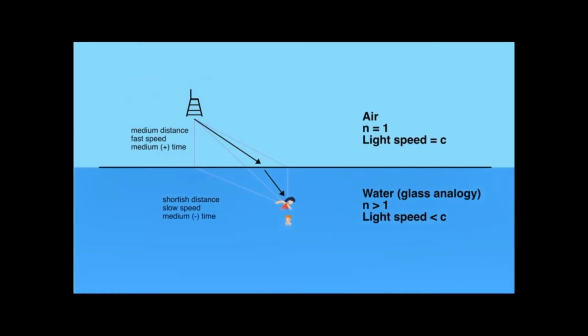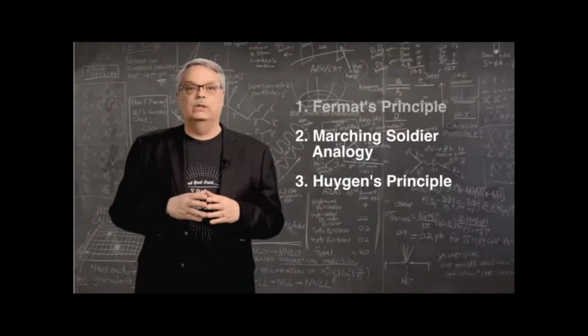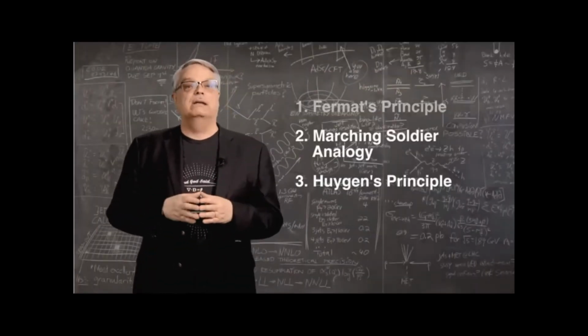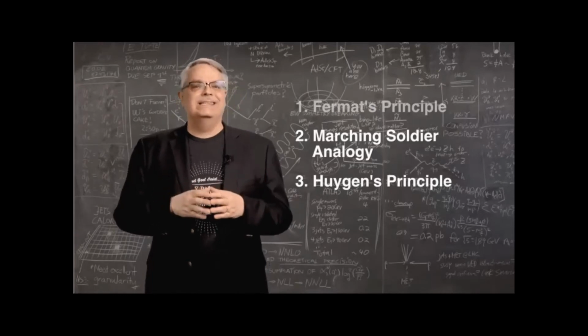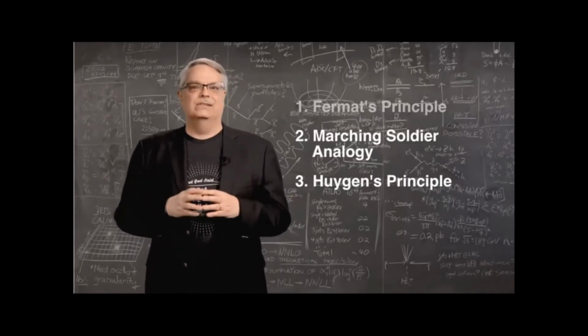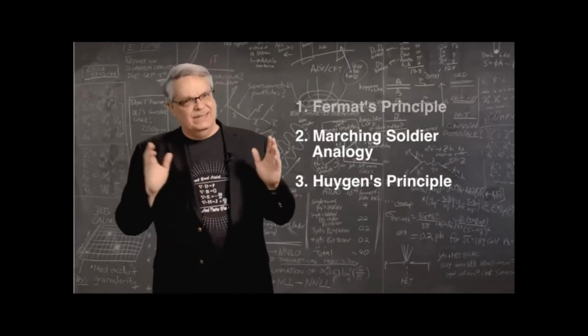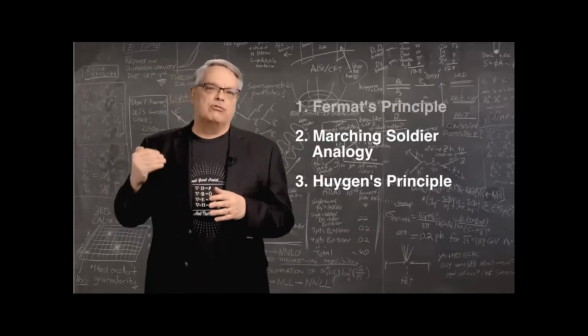You run a little longer than you would for the straightest path, but that means that you swim a little less and the total time is shortest. And that's exactly what light does. It follows the path of shortest time. But while that's true, it doesn't explain anything. It just says what it does, not why it does it. So that's not an explanation, and we need to come up with a proper reason.